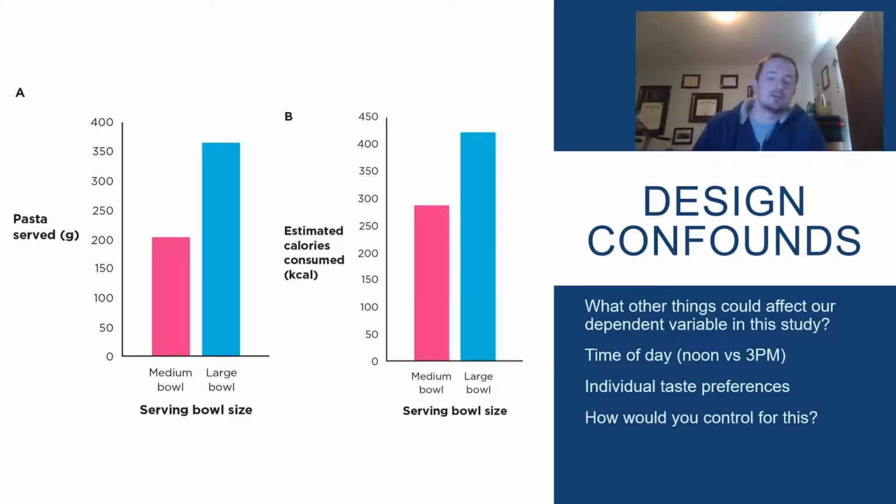There are things about our designs that we would want to control for. We want to make sure that everybody got the same kind of pasta, they came into the same dining hall in the same time of day, same day of the week, and things like that. Because you would expect there's going to be a difference probably in people that show up at noon versus show up at 8 o'clock in the morning or 3 p.m. in the afternoon.